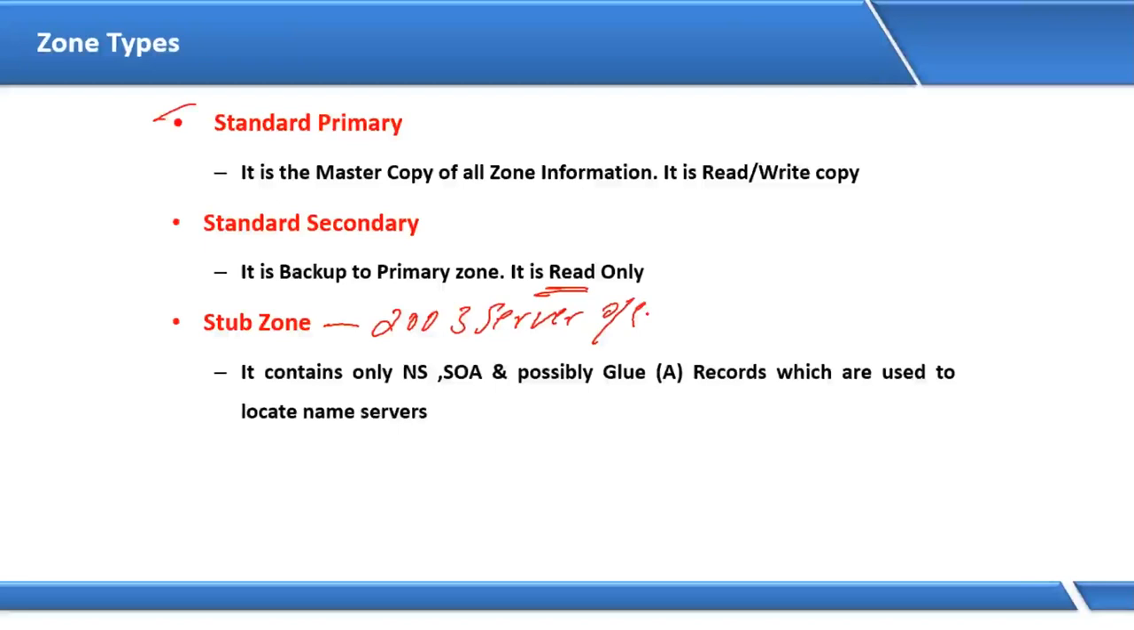So the stub zone concept is not available in previous server operating systems. What are the previous servers you have? NT, you have 2000 Server. This concept is not there. It's available from 2003. We are using 2008, now we are using 2012. Right. So next point, write down: stub zone contains